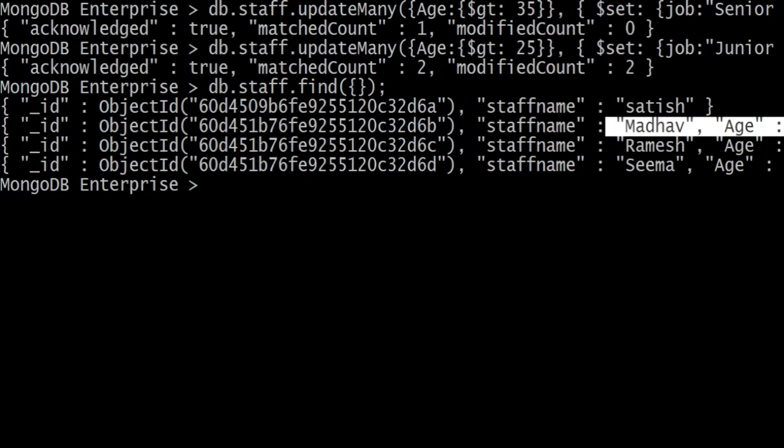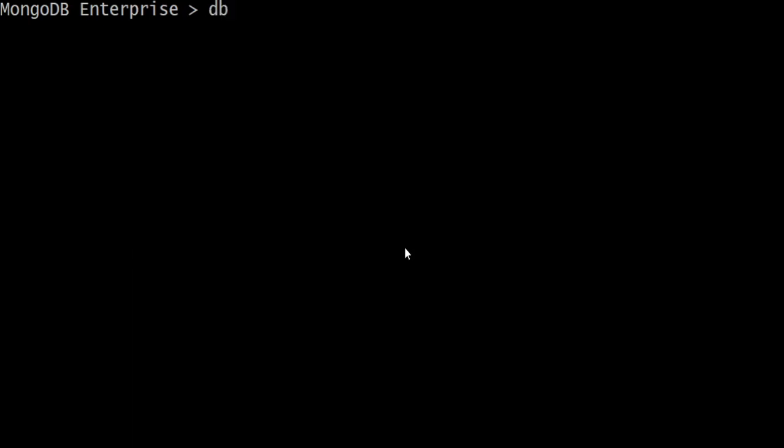Now we are going to see how to perform the delete operation in MongoDB. So let's start. db.staff. You can perform deleteOne or deleteMany operations. So generally I specify deleteOne or deleteMany based on my requirement.